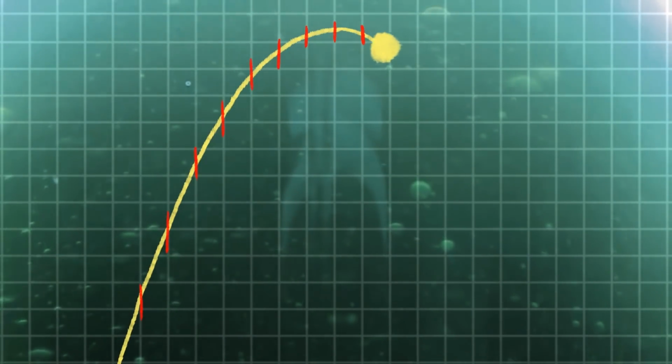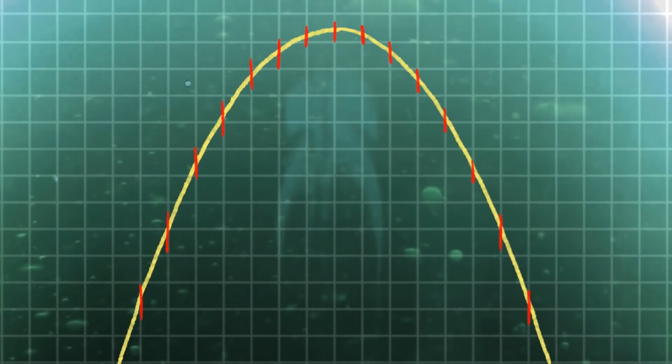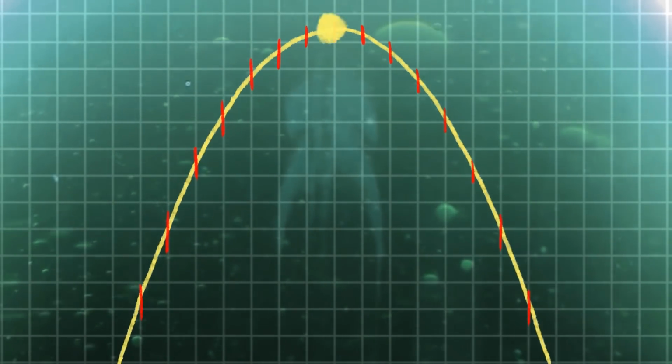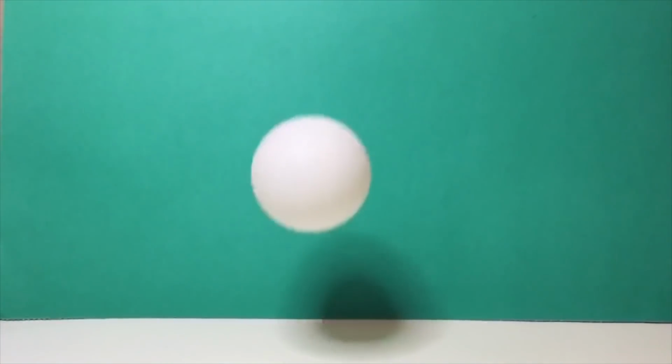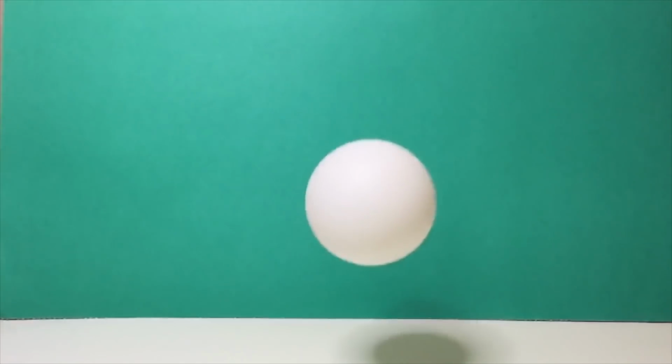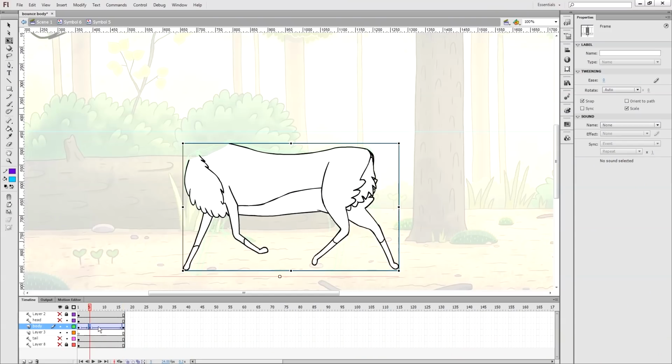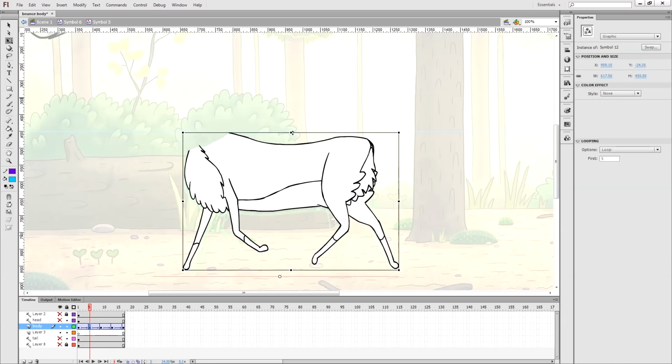Any sideways motion, however, will remain unaffected by the changes in speed caused by gravity, so any sideways spacing should remain even. Now when it hits the ground, the speed for the most part is maintained, just reversed in direction. A ball would lose some of its speed in impact, but our fox is pushing off the ground to make up for the loss. So to create this bouncing motion with our fox, I'm stretching the body symbol so that